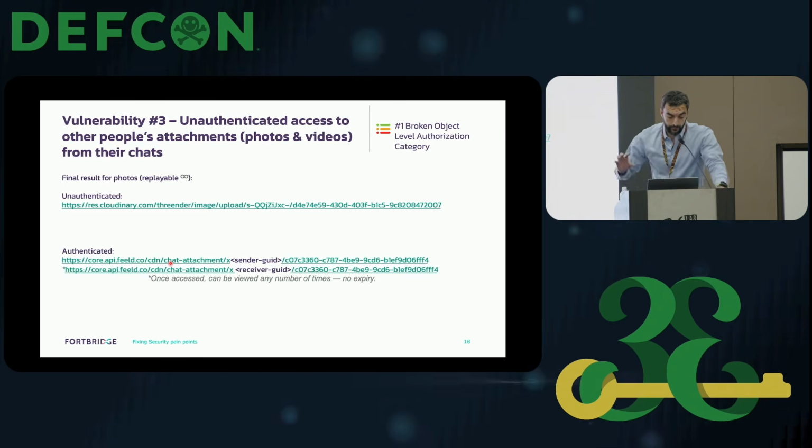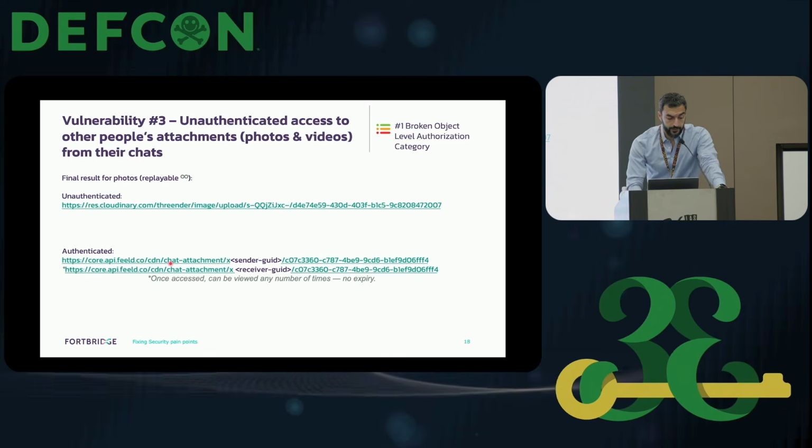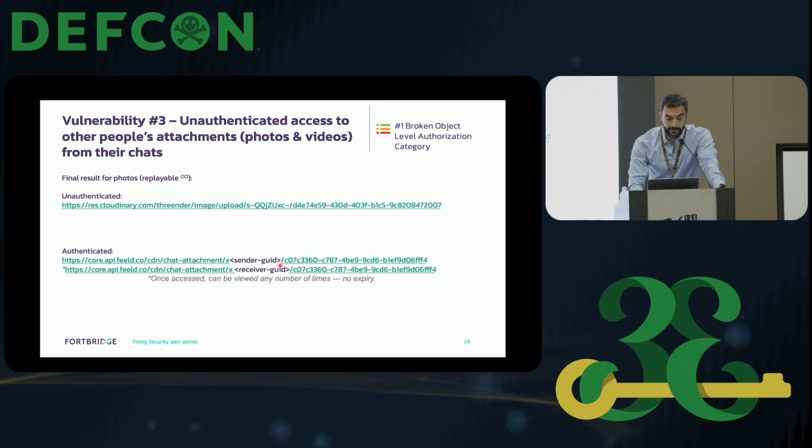So to give you the high level overview, for replayable photos, the photo first gets uploaded on a third-party domain, then will be made available from 2 different endpoints for the sender and for the receiver to /photo ID.